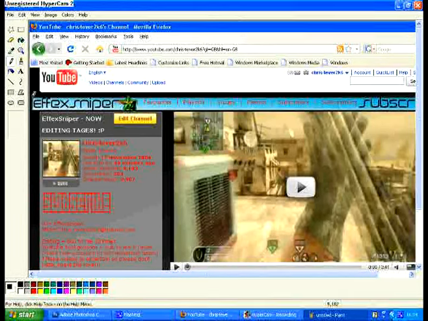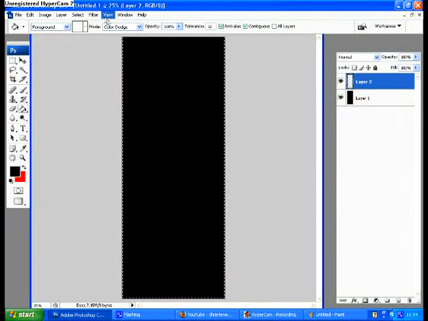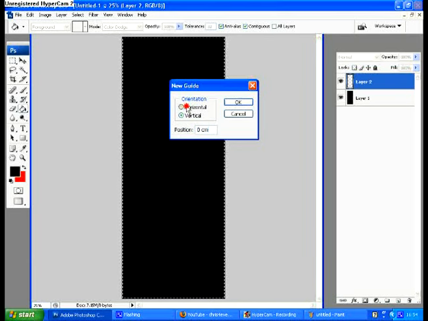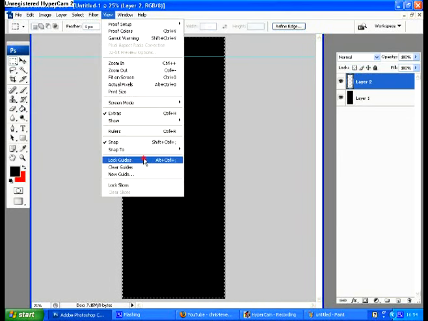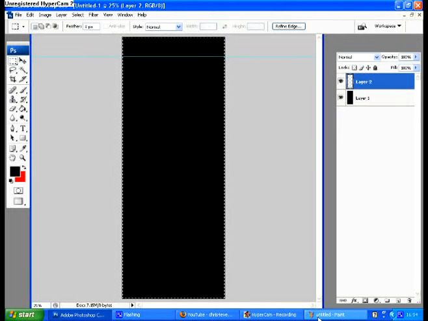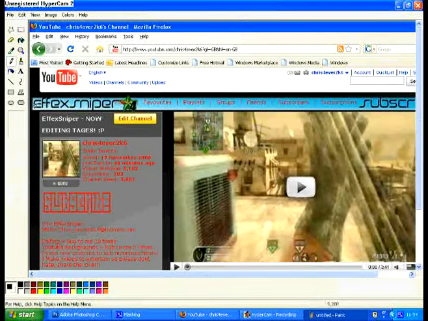If you look at the number on the right, it says I'm at 181 pixels, and that's where this starts. So I'm going to go into Photoshop, and I'm going to go on View, New Guide, Horizontal, 181 pixels, and you've got to remember to type in pixels, because otherwise it won't work. And then you can see this blue bar appears, and then you're going to want to go in View, Lock Guides, and you're going to go back into Paint, and then you can look at the bottom of this, and that'll be